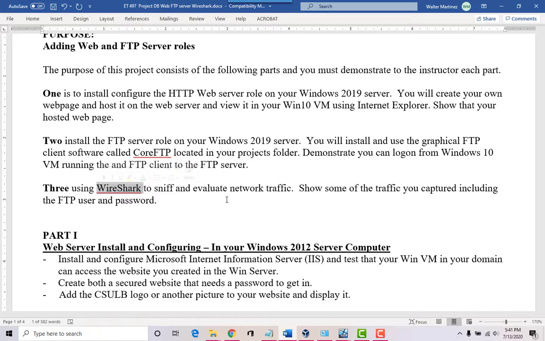But there's a really neat way to access these networks and see what's going on. And if it's not encrypted, you can actually see passwords going through the network, websites, text, whatever it is, if it's not encrypted.